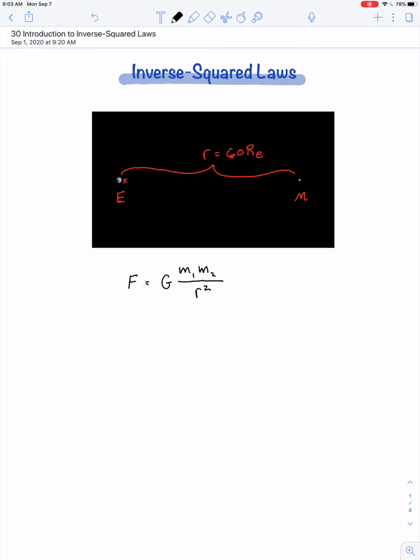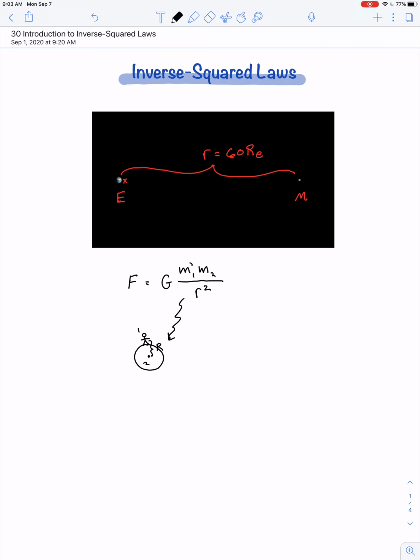This is the exact same law that you would use to find the force of attraction between you and the Earth. The only difference is you're not at a distance of 60 times the radius of the Earth away from the Earth. You're 1 Earth radius away from the Earth. Now, this figure is clearly not drawn to scale, but the distance between you and the center of the Earth is, of course, just 1 Earth radius. So, same equation in both cases, and in fact, if we apply this equation to the case of you and the Earth, then we'll say you're object number 1,